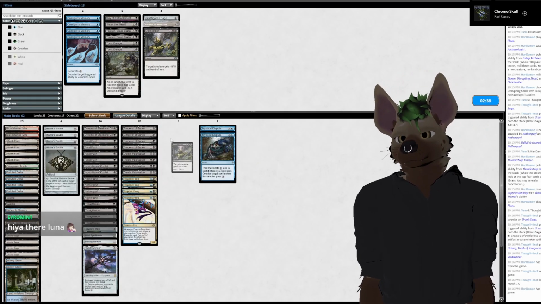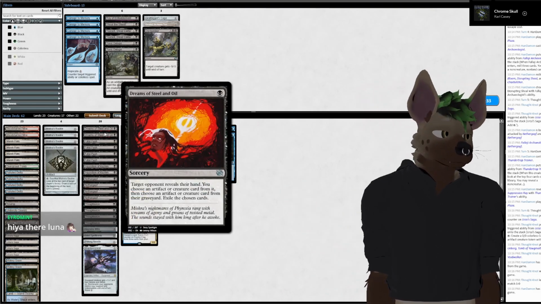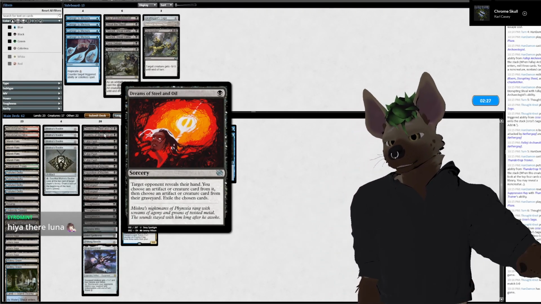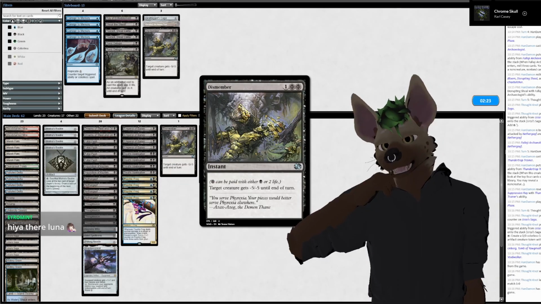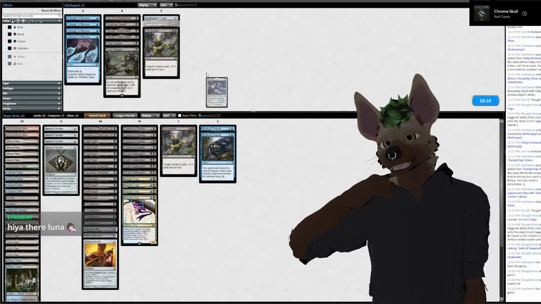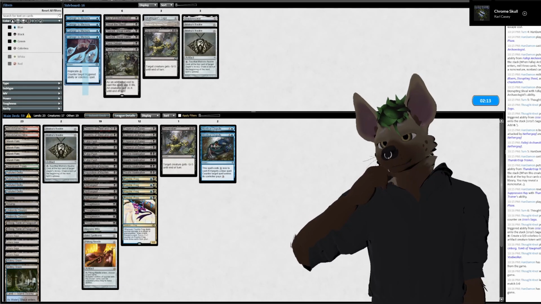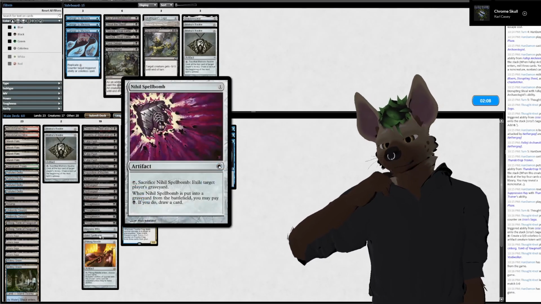I think I do like being able to kill, what's his name? The stupid guy, Tameshi. I like that. I like being able to kill that. I think that's pretty huge. Shadow Spear I just don't think does enough. I think I can cut a couple of these baubles. Man, maybe I just...